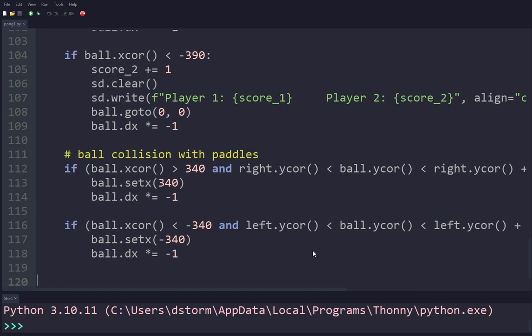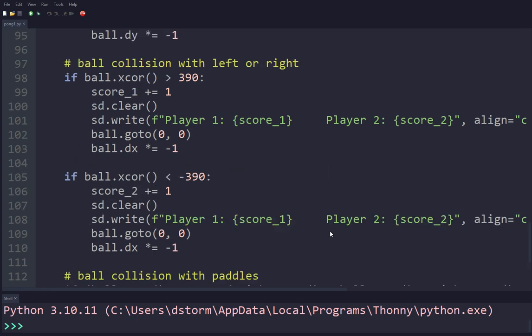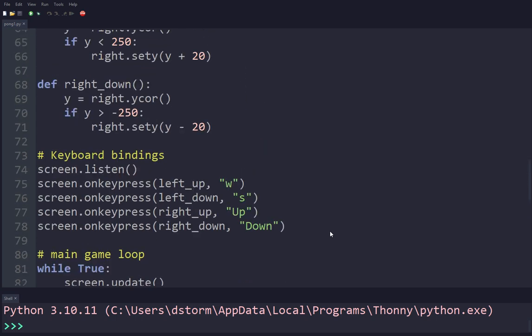But for right now, I'm feeling like this game is about as complete as we can make it. So I'm going to call this project done. We are going to move on to something bigger and better. But I think at this point, this project is as good as we can make it. You can obviously improve on this project on your own, but for now, I think this is a pretty good Pong project in